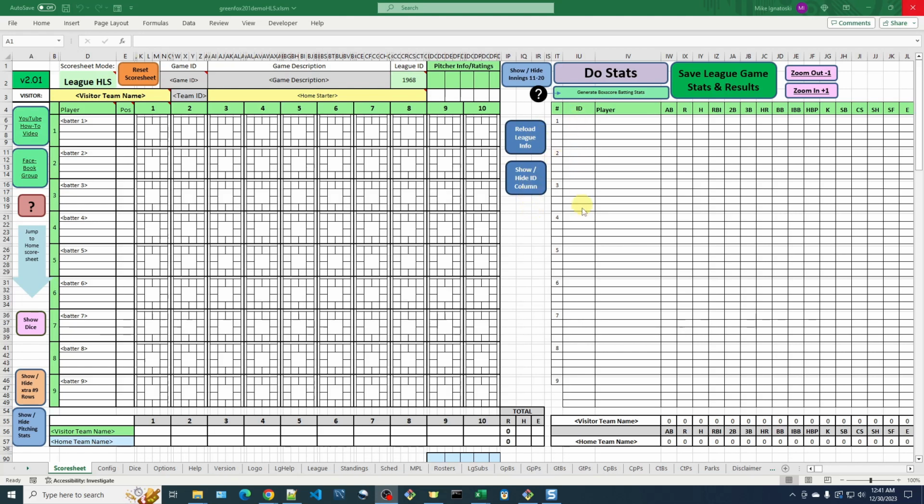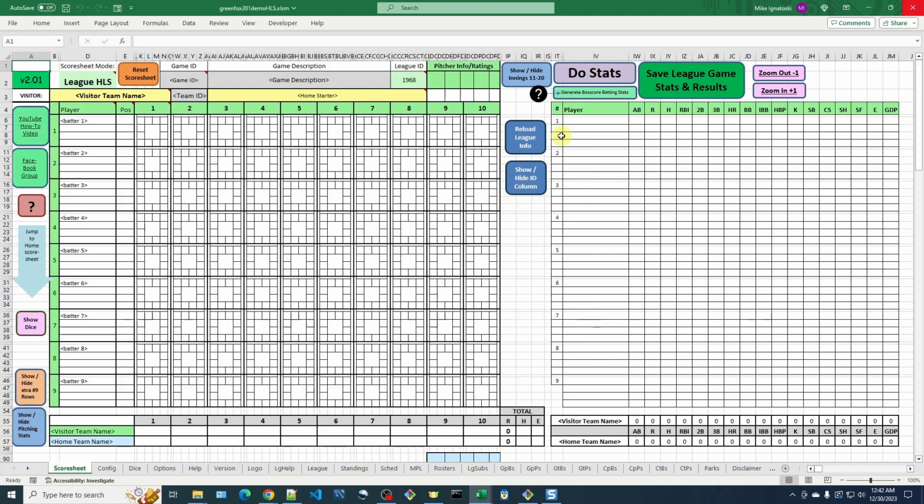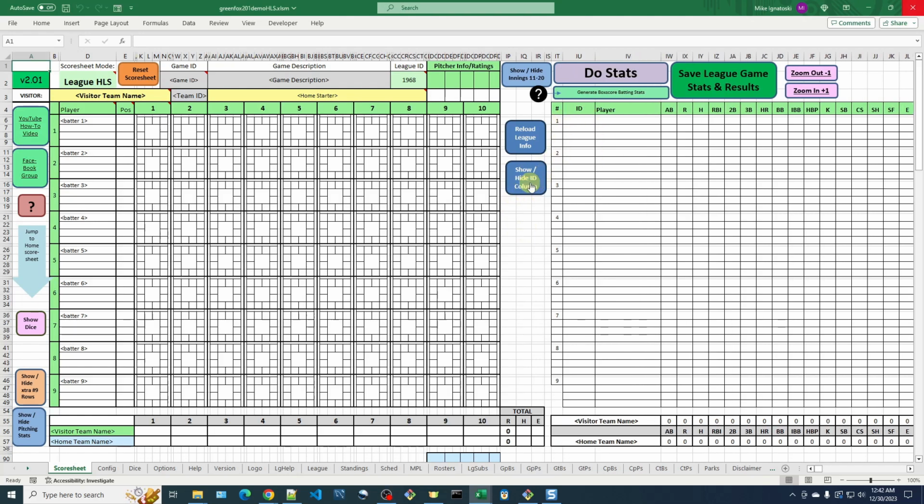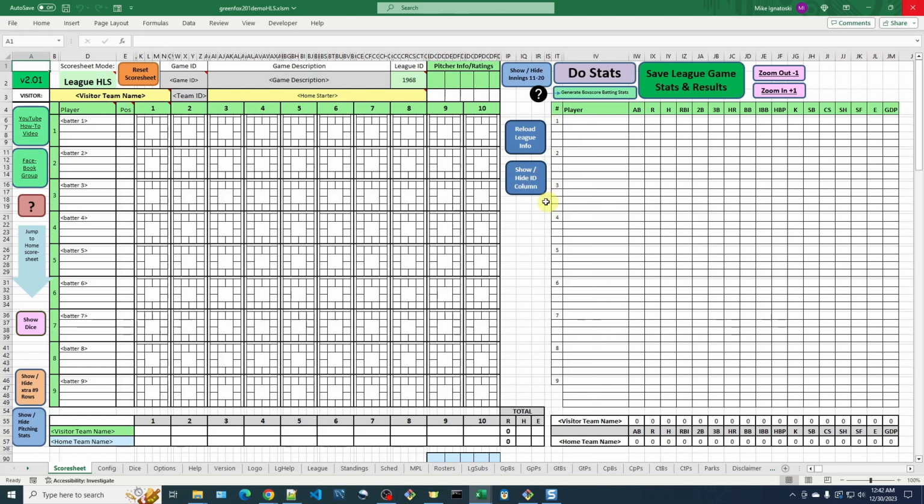Here's the ID column. For the most part, you should be able to ignore this, but I left it in here in case we run into some problems and I need to help people debug or find what the problem is. I left it in here because that's why I created it in the first place. I'll just click it here to hide this ID. That's all it does, it shows or hides this column. I'm going to hide it because it lets me see more of my stats sheet. And the other